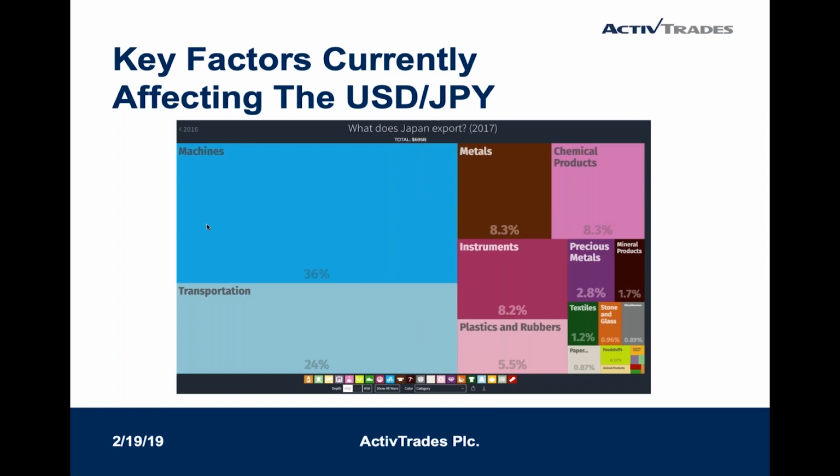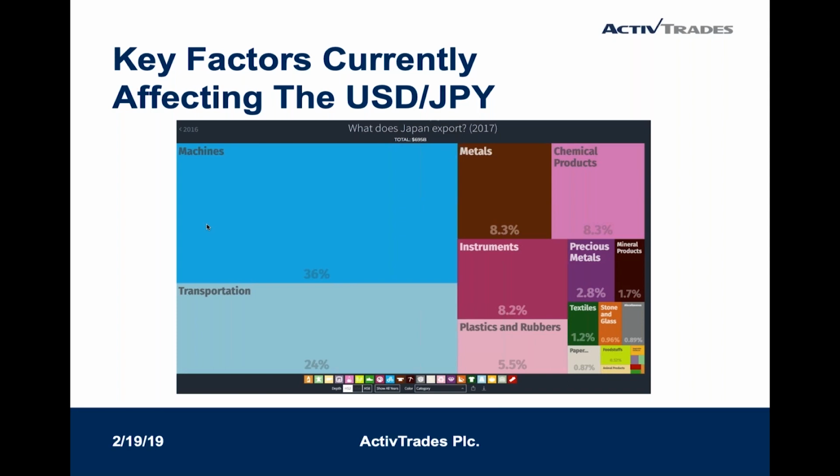Honda have just decided that they're going to shut down the Honda plant in Swindon. There was talk about Nissan not bringing a car to the northeast of England due to many things, but it's one of the big Japan exports to the rest of the world, and it definitely affects